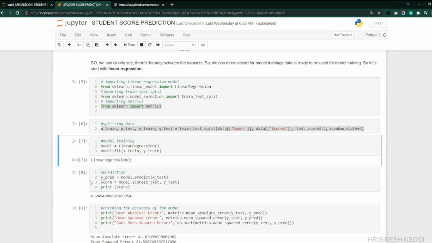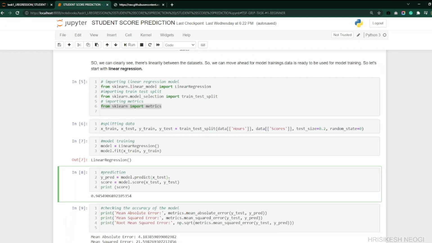Now we are moving ahead to the prediction. I'm using a variable to store the predicted scores. So here model.predict will predict my scores for the x_test values, which we just created here. It's for checking purposes, to check how my model's accuracy is.